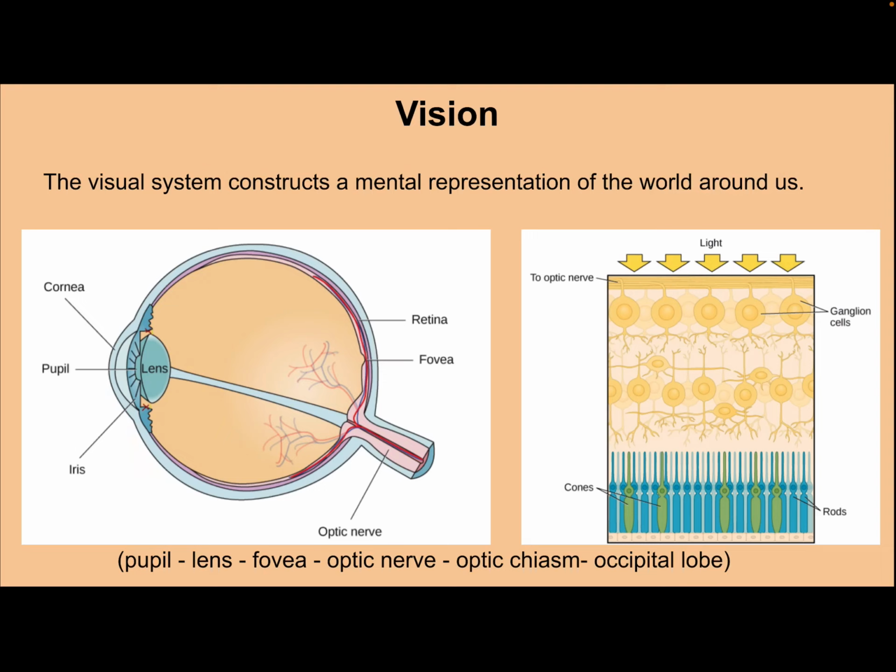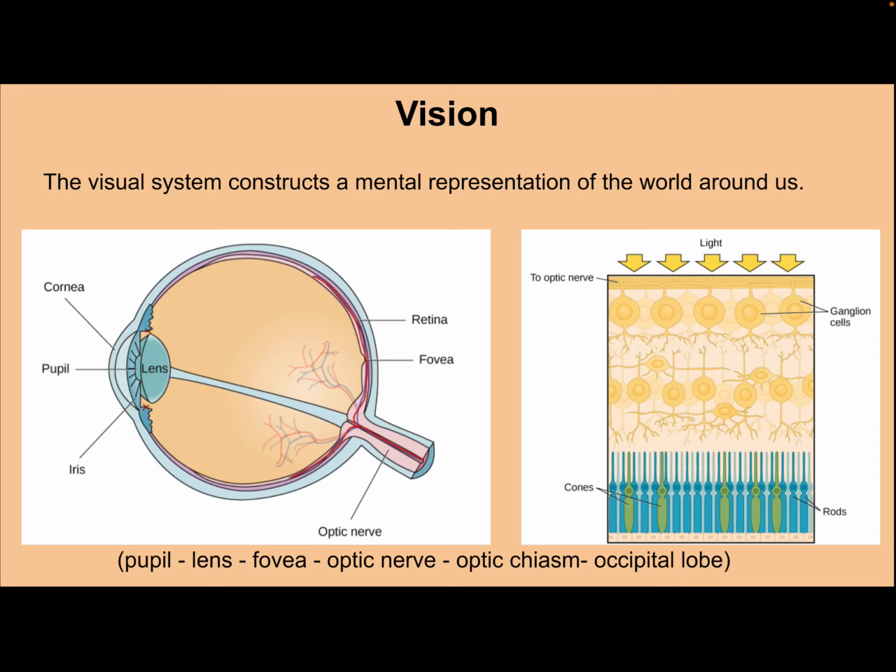The rods and cones then lead to the ganglion cells, which transmit the information down the optic nerve to the optic chiasm, and finally bringing the information to the occipital lobe of our brain, where vision is